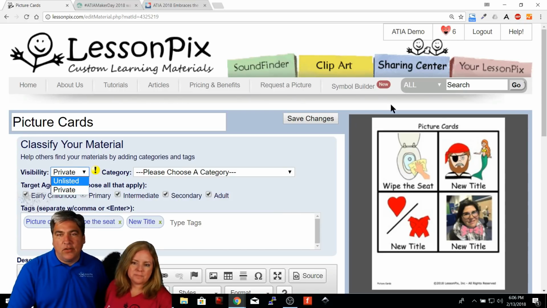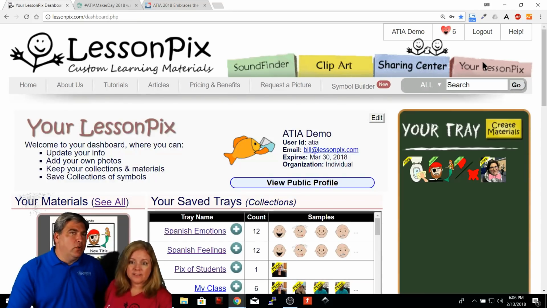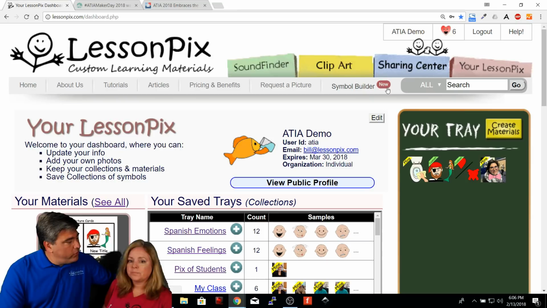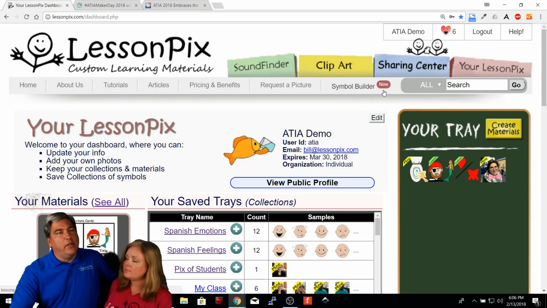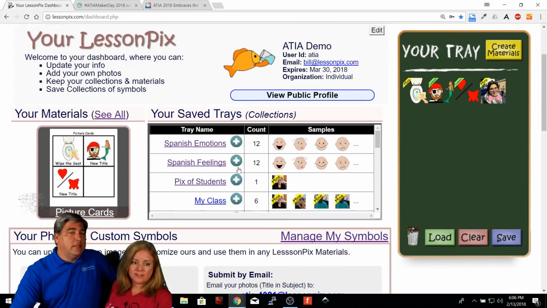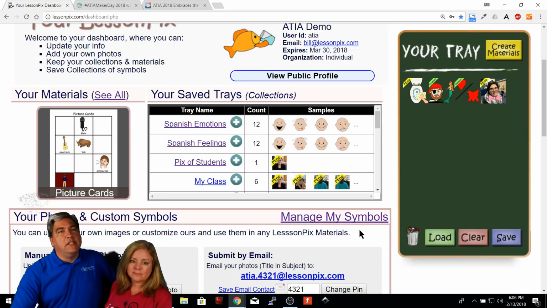You cannot share them. And we had to do a bunch of things here that took some time in order for this to work. First, we had to go through all the combined symbols, and we had to mark the ones that had photos in them as being private. We went through, and that took a while. And also, we went through all of your existing materials.